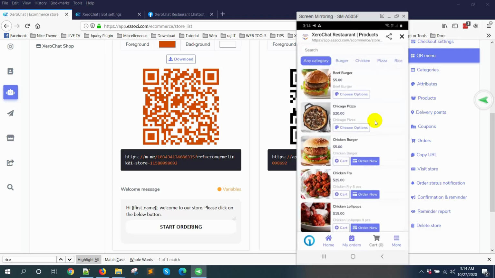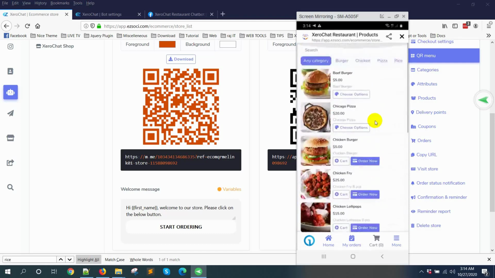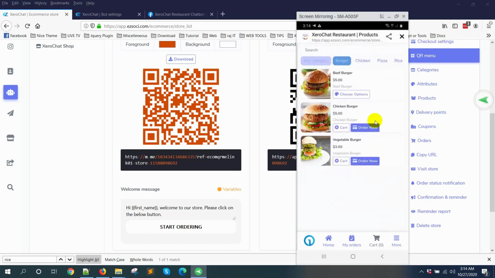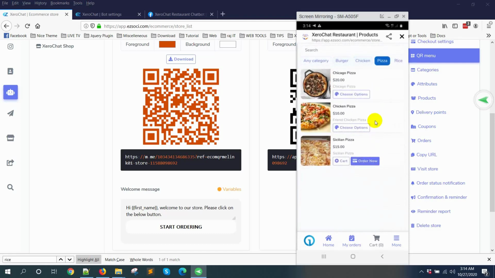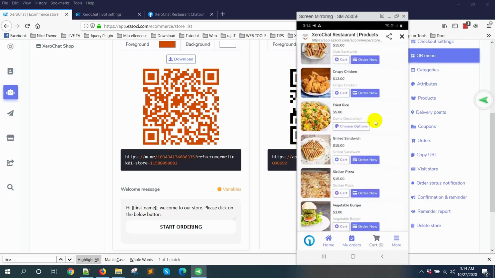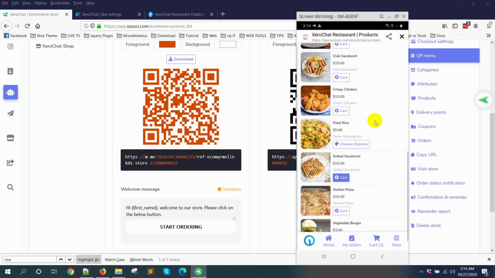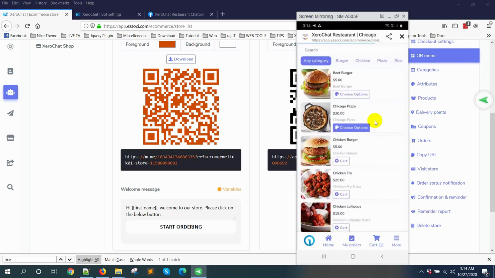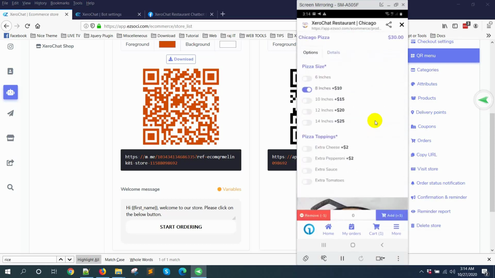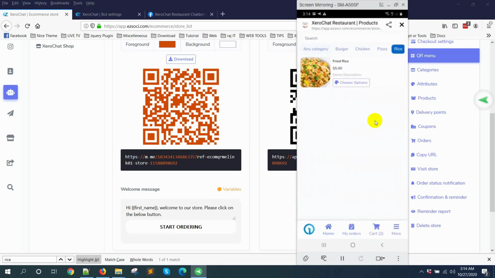Here you can see all the food here. Also I can select different category, clicking on cart button, then pizza option, click on add button, going to home page, and rice here.